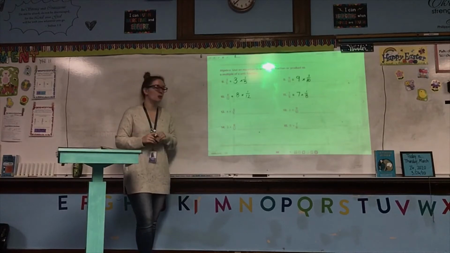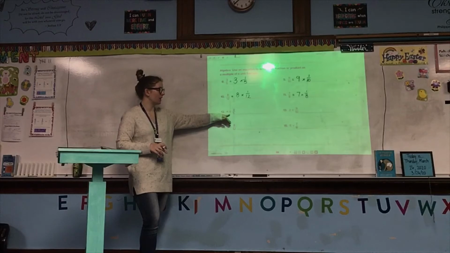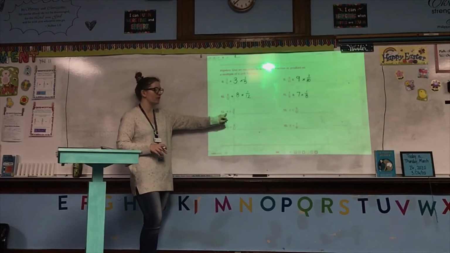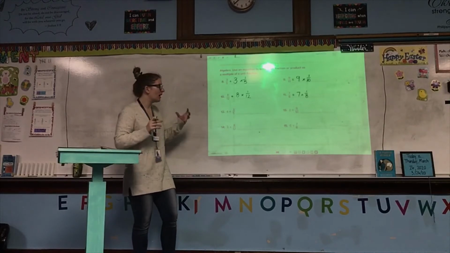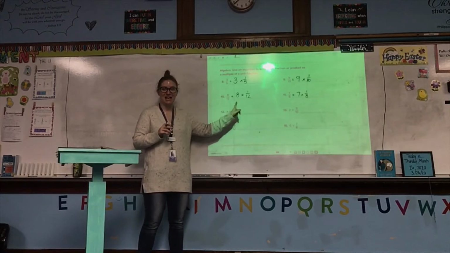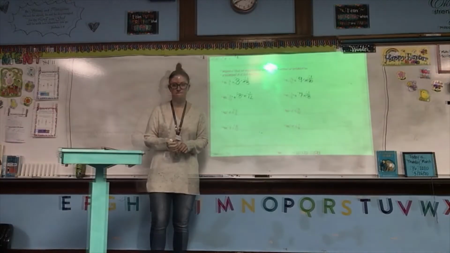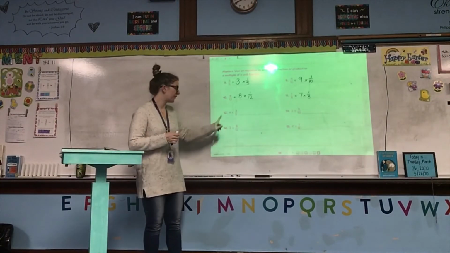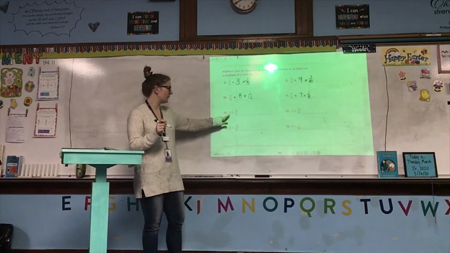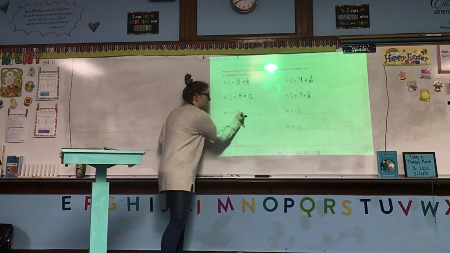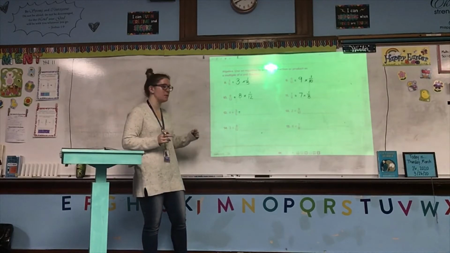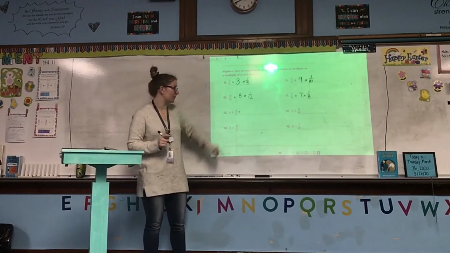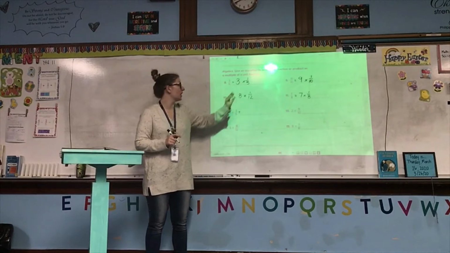Okay, number 12 through 15, we have products here. We don't have fractions like numbers 8 through 11, we have products. We have 4 times 3/5. So that means our answer still has to look like this. It has to be a whole number times a unit fraction. So what we're going to do first is solve this the way we did yesterday, where we end up with an improper fraction. But instead of turning it into a mixed number, we're going to make that improper fraction look like numbers 8